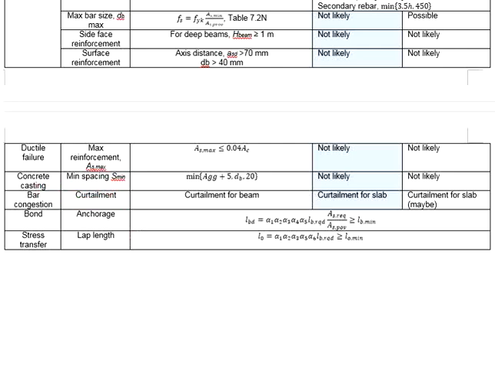Eurocode is silent about the curtailment. However, based on the previous practices, there are some rules recommended for curtailments for the beam and the slab. Of course, it needs to fulfill certain requirements for the curtailment rule to be valid. You need to know that the curtailment is done in order to reduce the amount of reinforcement bar at the